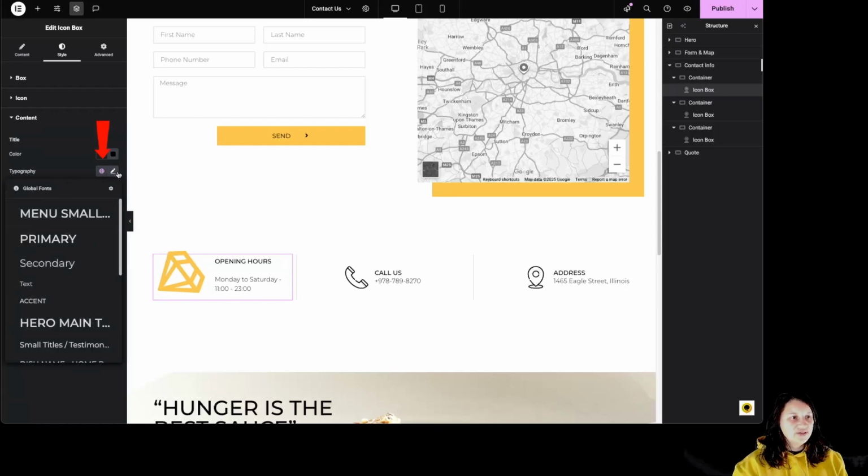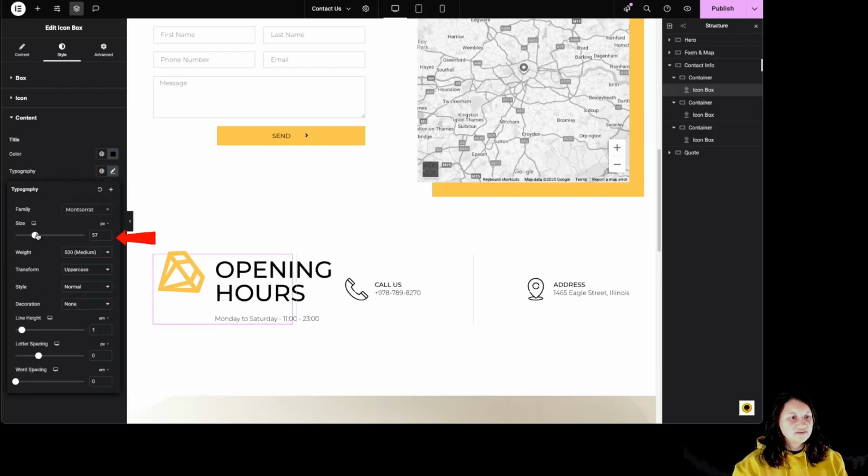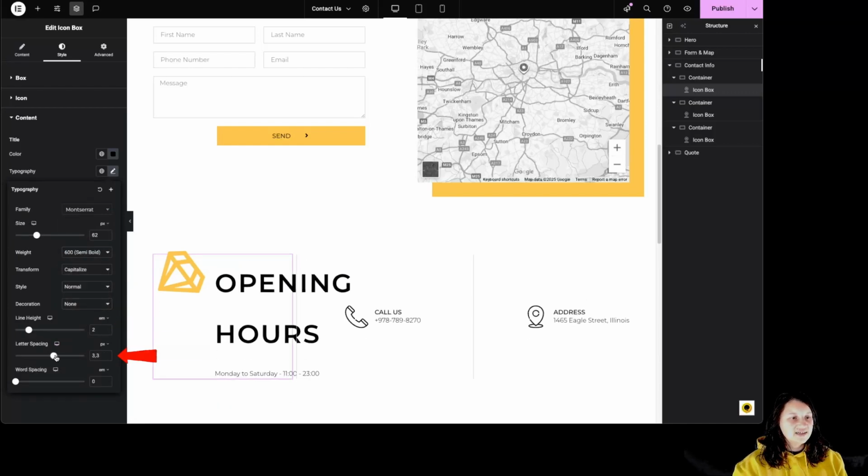For content, we have the color from over here, global colors, or custom one, typography from over here, global typography, or custom one, with font family from over here, size from over here, weight, transform, style and decoration, line height, letter spacing and word spacing,